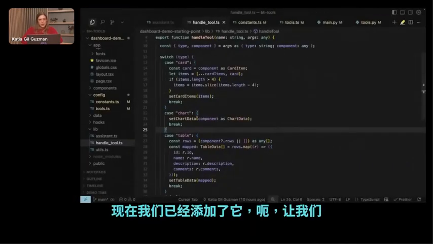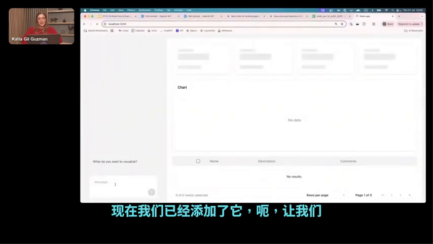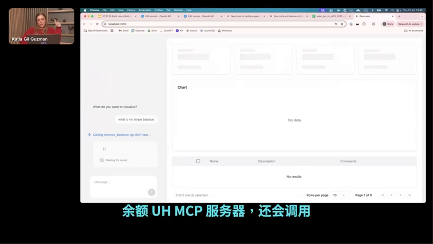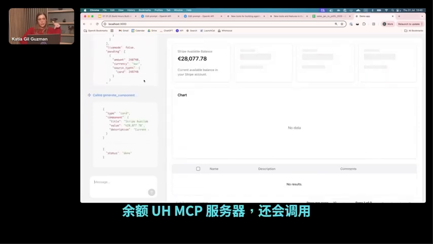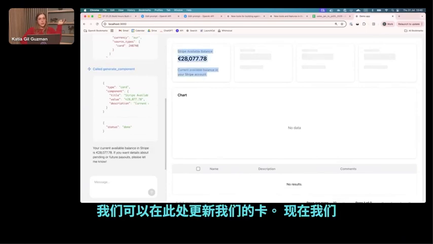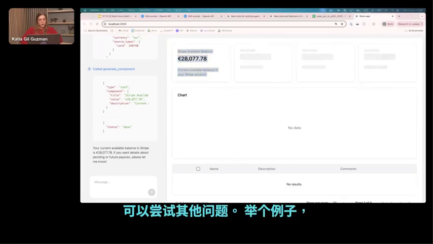Okay, so now that we've added that, let's try it again. So let's say, what's my Stripe balance again? And this time, not only will the model call the retrieve balance MCP server, it will also call the generate component function so that we can update our card here. And now we can try other questions. So for example, I'm going to ask,